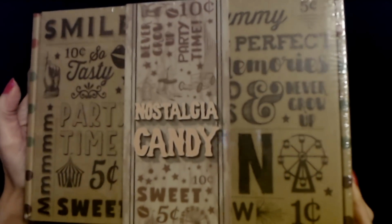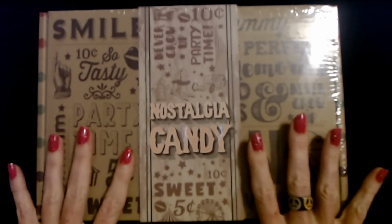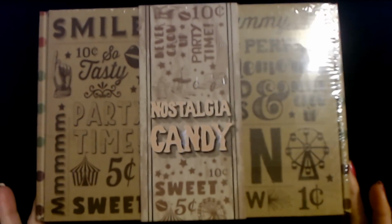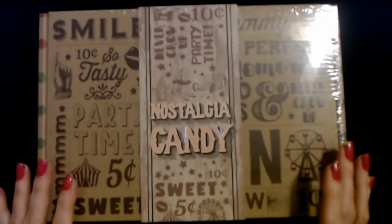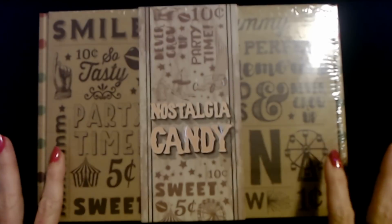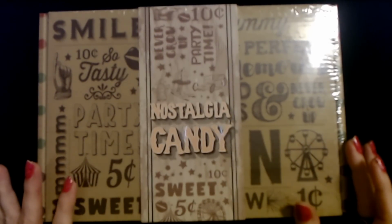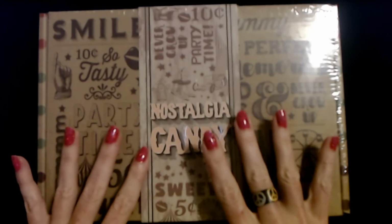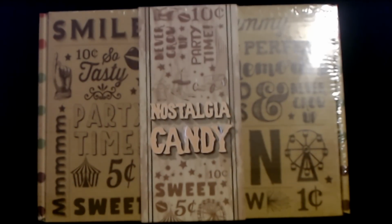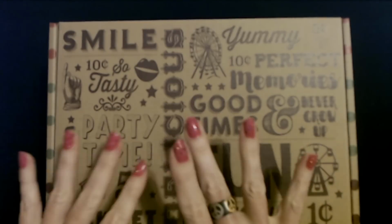Nostalgia candy. I found this on Amazon, and it's supposed to be all kinds of old-fashioned candies and things. I have not opened it yet. It's all sealed up. It's from the Vintage Candy Company. So I'm going to go ahead and remove the shrink wrap, and we're just going to do these kind of like the Goodwill jewelry bags, where we will just start going through and looking at the candy one piece at a time. Okay, I've removed the plastic, the shrink wrap that was over it, and there was a